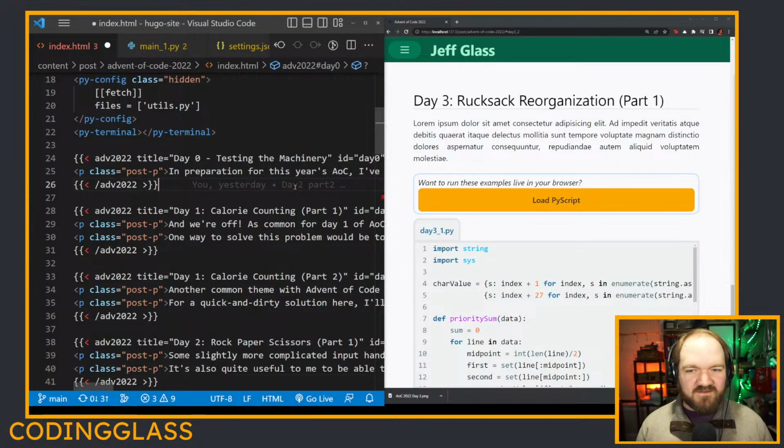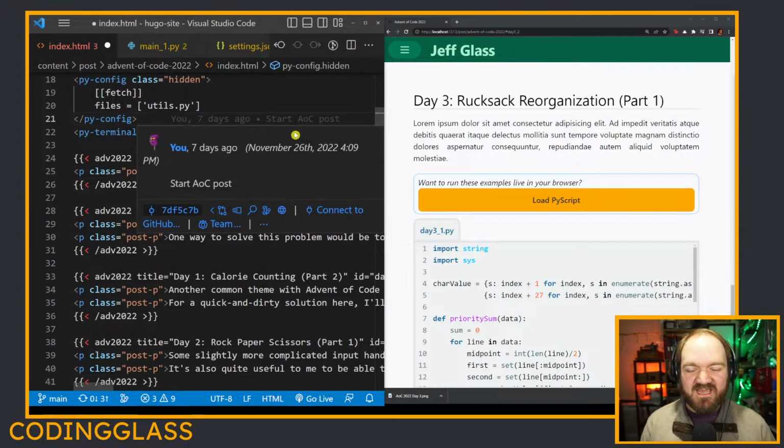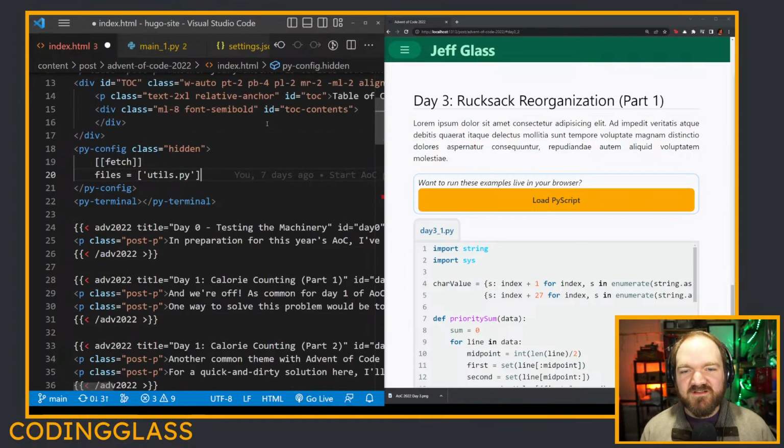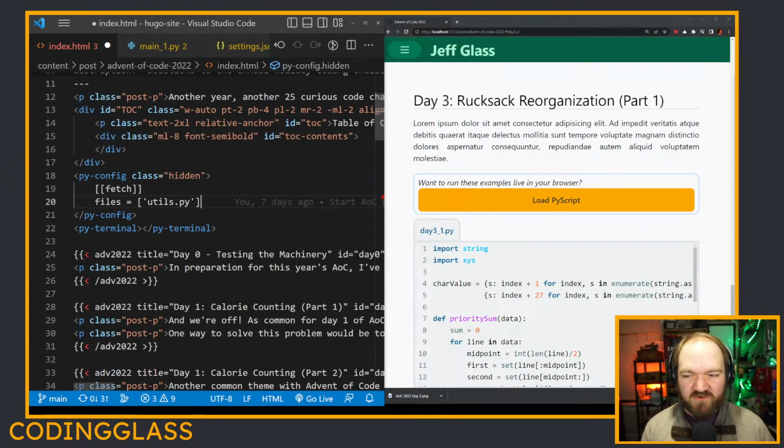Good morning, y'all. Let's talk about PyScript and some Advent of Code challenges for today. This is kind of a spur of the moment stream. I was working on today's Advent of Code challenges, and I thought to myself, well, I might as well see about doing the visualization part live. I've already finished the Python problem solving part, and now we're going to see if we can make it more